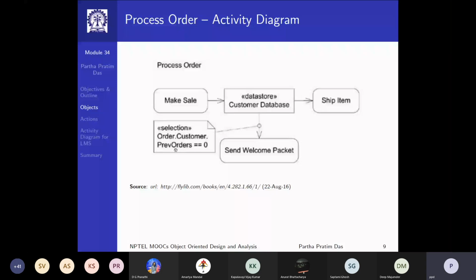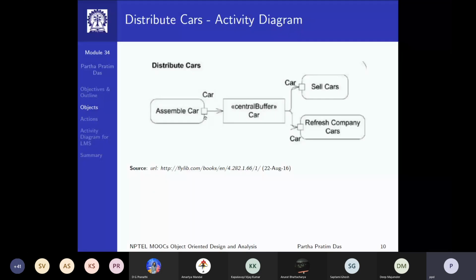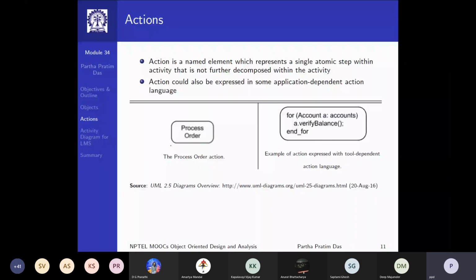Now, other than objects, so you have seen the activity flows, we have seen control, we have seen objects. Other than that, you can actually have actions. An action is a named element which represents a single atomic step within an activity, which is not further decomposed within the activity. You have seen that I can have an activity, and that can have another activity chart, that